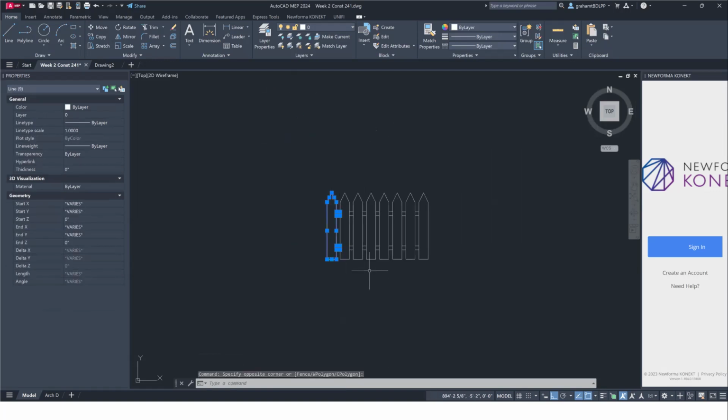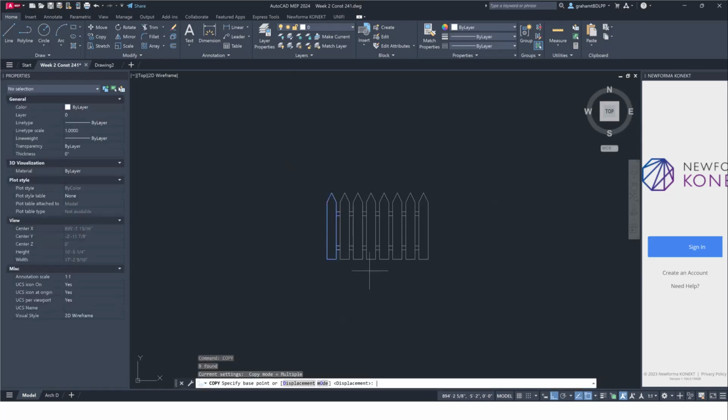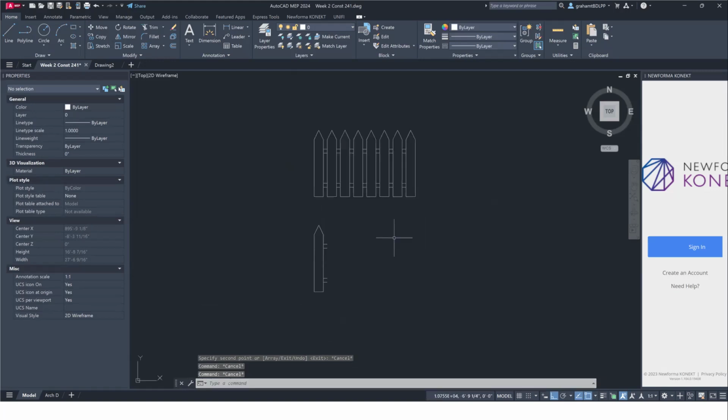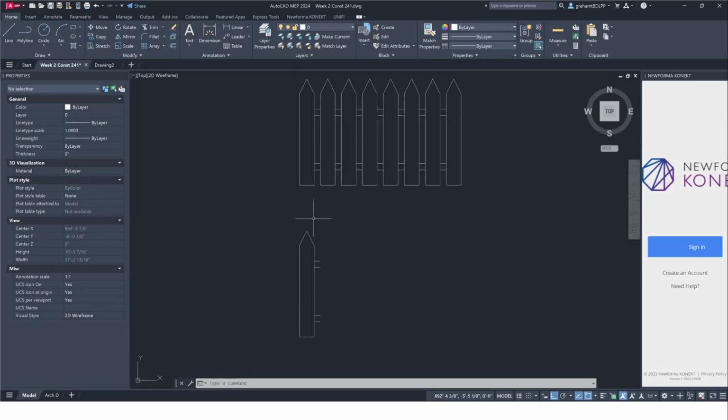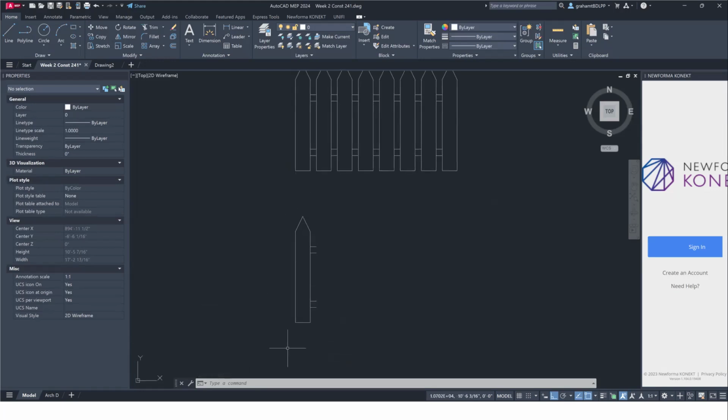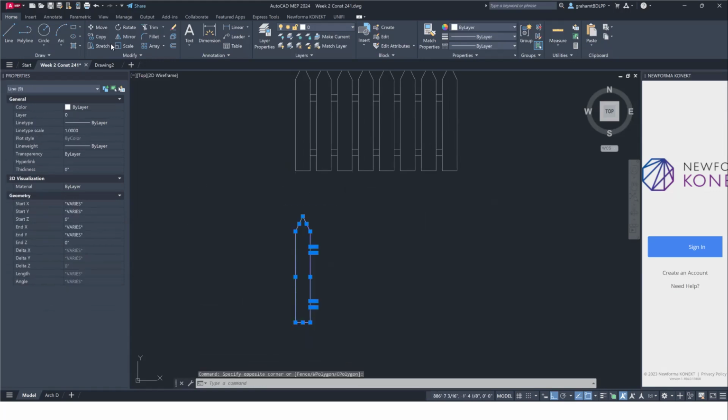So now that I've done that, I'm going to go ahead and use my copy again, and I'm going to copy this down. Let's just go ahead and copy it down 5 feet. All right, so now we should be left with a brand new setup of what we had before, but instead of copying this with a base point and pasting it one after another, after another, or even pasting it and then recopying and pasting and recopying, we're going to utilize the array tool. So if I select it all, and then I come up here and I click my array,